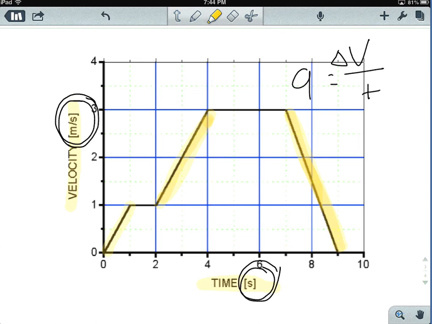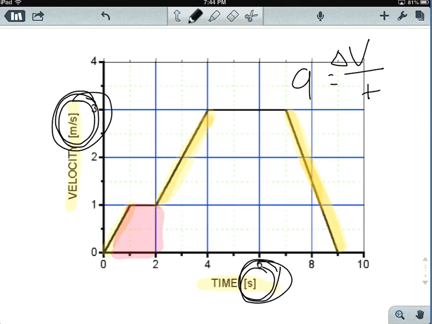Now, the other thing that we can do is we can find the area underneath the line. Okay, so if we find the area underneath the line, remember what we're going to end up doing to area: we're going to end up multiplying. We're going to multiply basically this meters per second times seconds. And when we do that, multiply meters per second times seconds, we'll end up with the unit of meters,